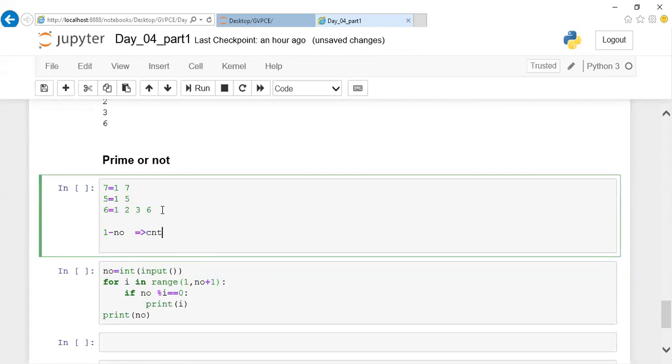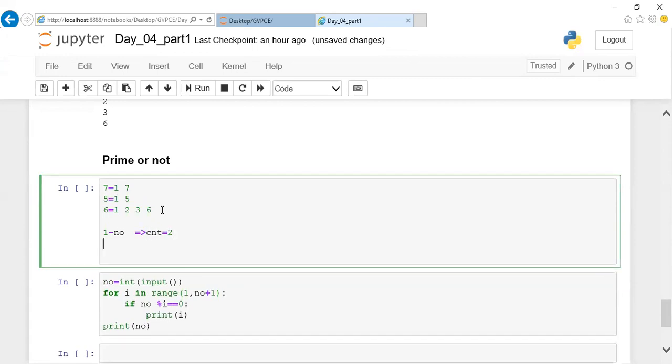If my count value is 2, then I can name it a prime number. This is one logic. The other logic, I can go from 2 to n minus 1. If I have my count value 0, this is a prime number. Or 2 to n, till your n value. If your count value is 1, it means a prime number.